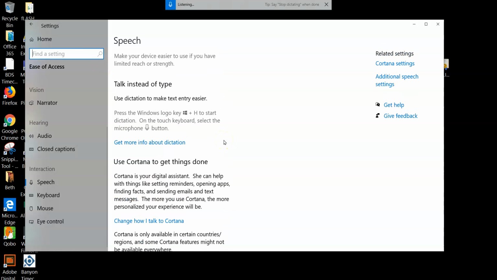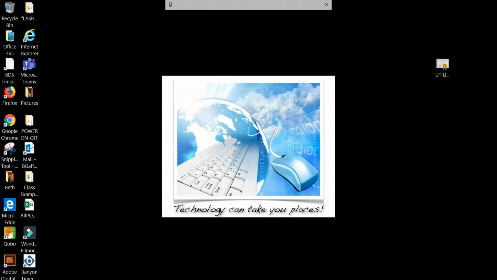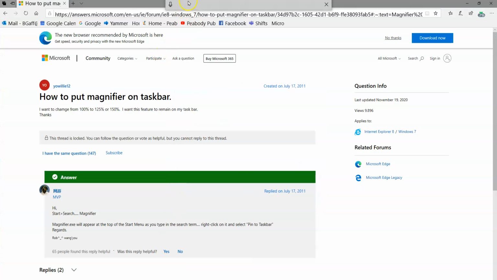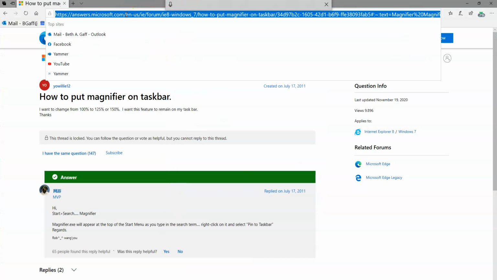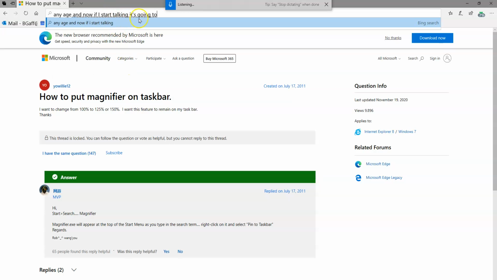Window key H, and it's initializing and it's listening to me. And you can see it filling it in as I'm saying it. So if I get out of this, and let's say I go into the internet, hello, hello. So we're going to hit this and the H. And now if I start talking, it's going to fill it in. If you see that right across my line here,